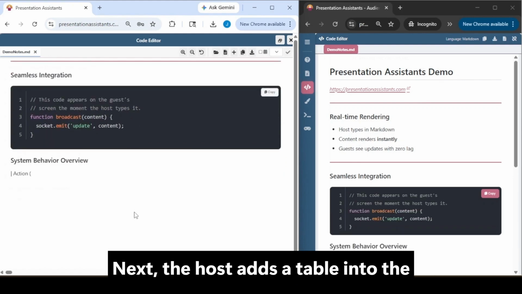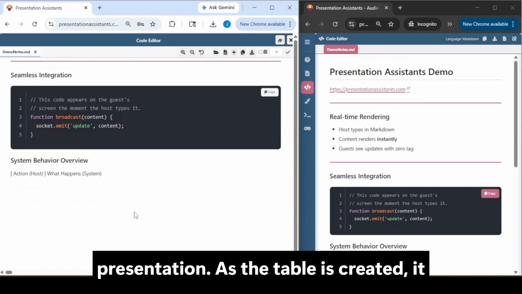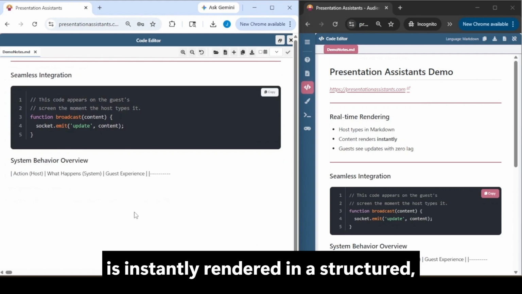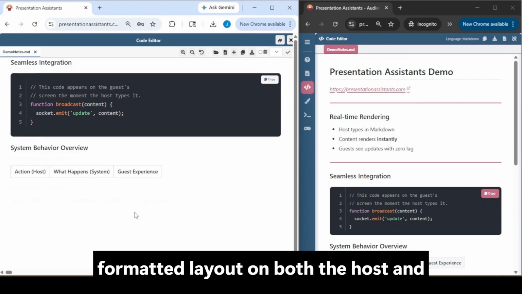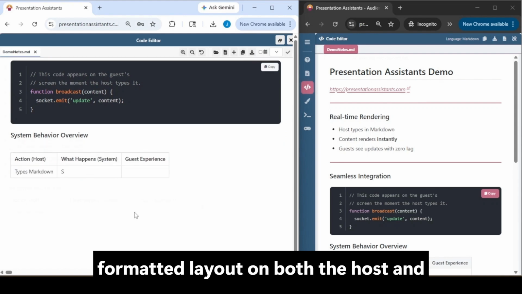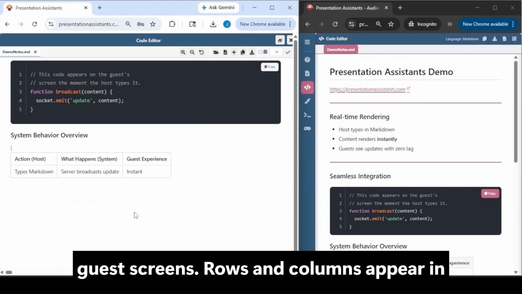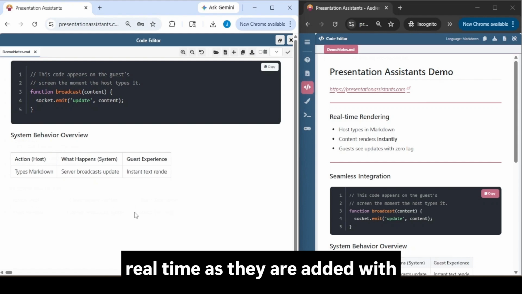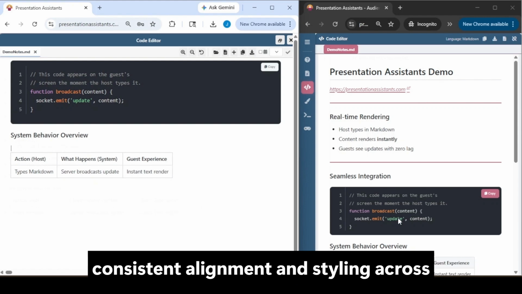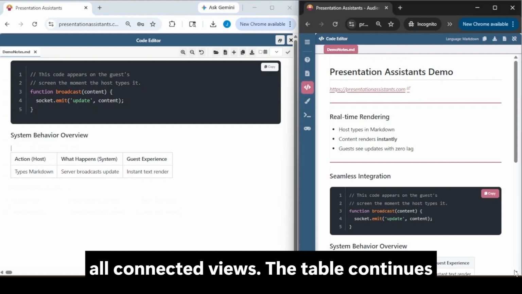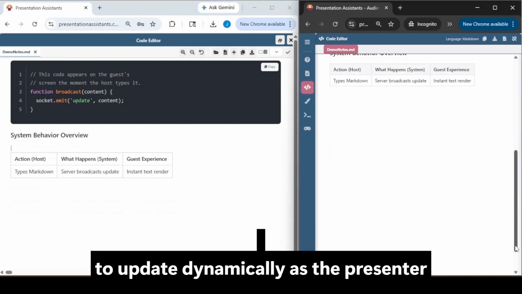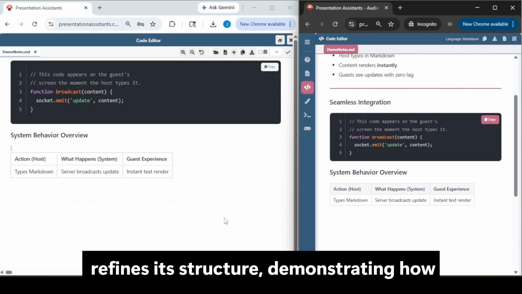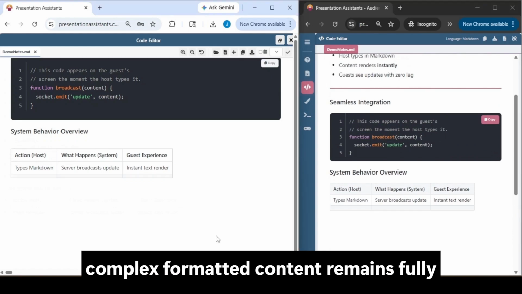Next, the host adds a table into the presentation. As the table is created, it is instantly rendered in a structured, formatted layout on both the host and guest screens. Rows and columns appear in real time as they are added, with consistent alignment and styling across all connected views. The table continues to update dynamically as the presenter refines its structure, demonstrating how complex formatted content remains fully